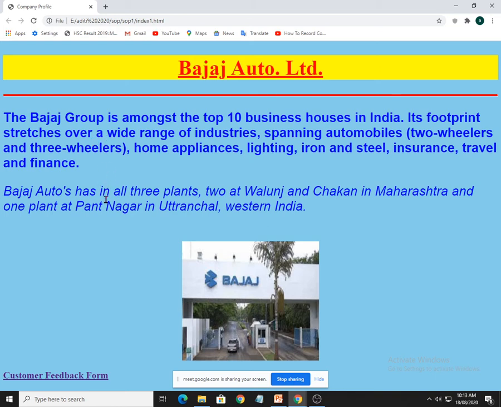Whatever information is over here, that information should be related with your profile. Whatever company is used here, this information must be related with Bajaj Auto Limited. Then you can download a suitable image of your profile from the net, and at the last, see there is a background color. Then your heading has an H1 tag, meaning bigger than all other font sizes.